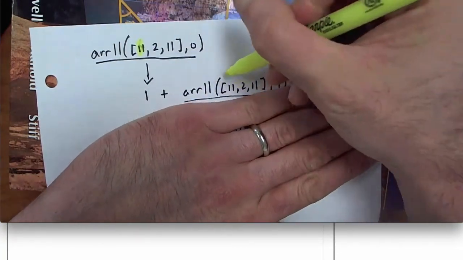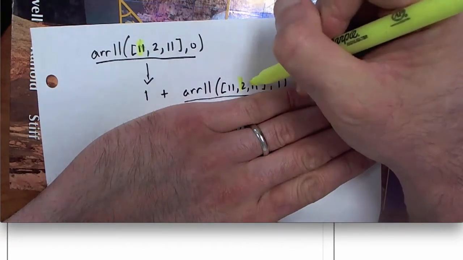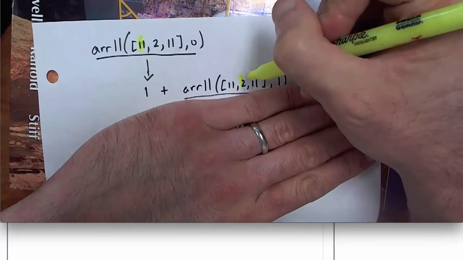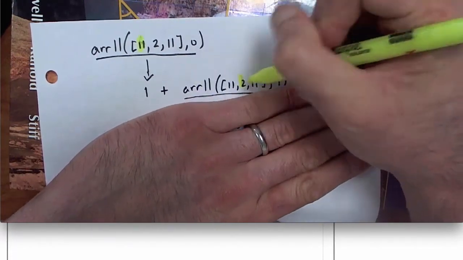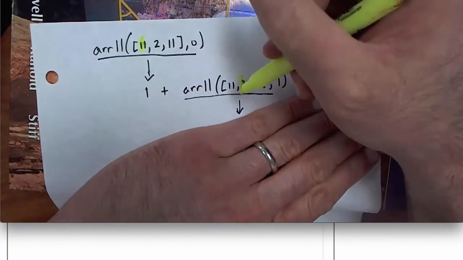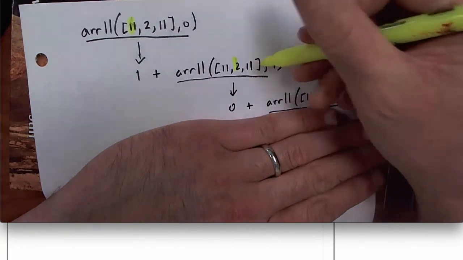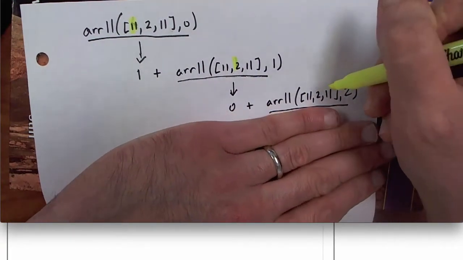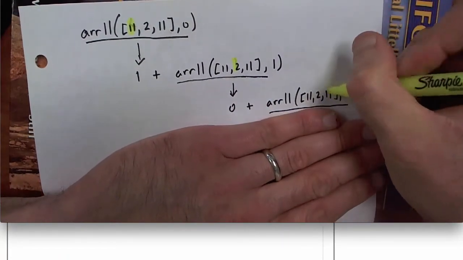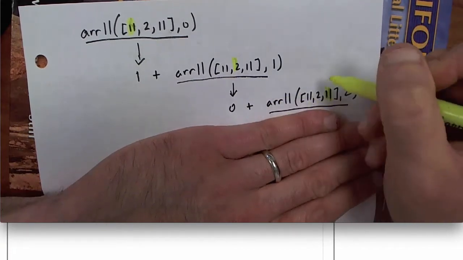Then it comes over to here, and I look at index 1. I'm looking at this term right here. This is not an 11, so the result of this is going to be 0 plus whatever the result is of calling array 11 with index being 2. Again, I don't know what this result is, but I wait until the recursion's done, and then I'll know. Then I come over, and now I'm looking at index 2. This is an 11. So what is the result of this? Well, it's 1